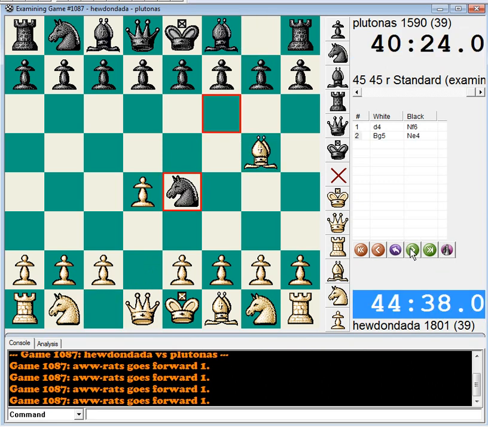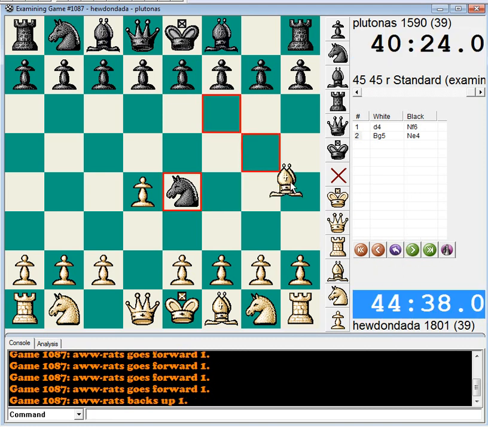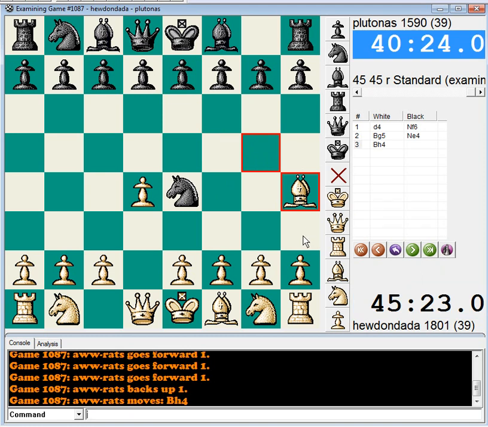Okay. Interesting line. It's a good way to get out of book really quick in a lot of respects. There's an interesting line. I've used this as white a number of times in blitz, and I'll show you. Well, actually, he didn't play the move I would play. Okay, bishop h4. Now, black may look at this and say, well, I want to win the bishop pair and